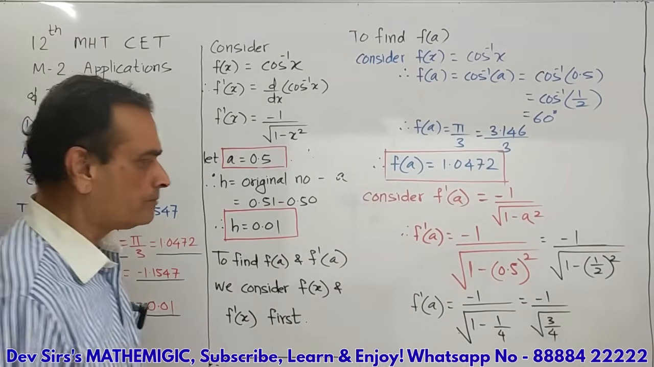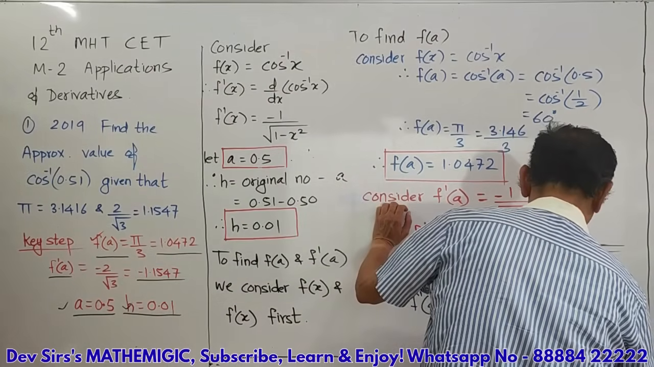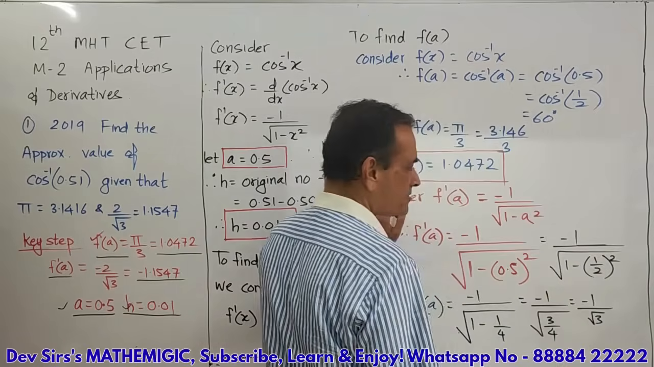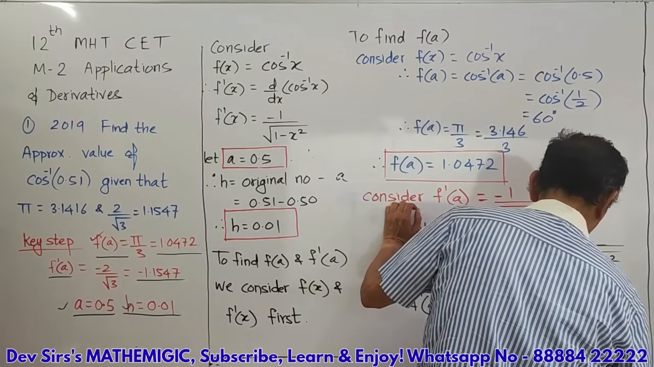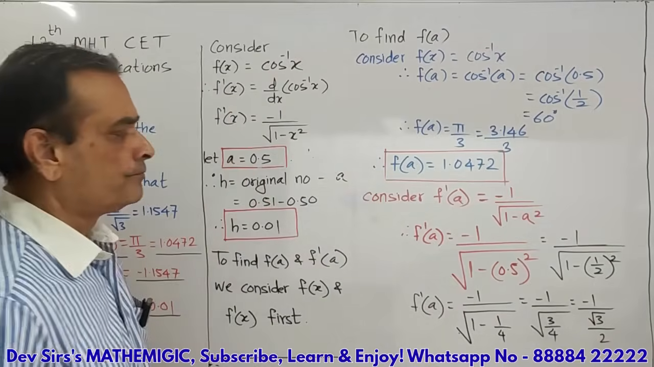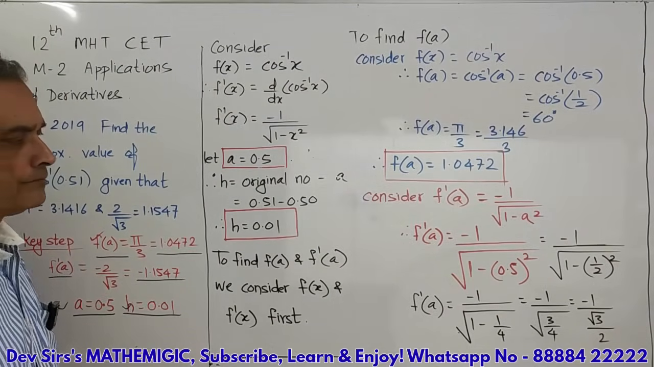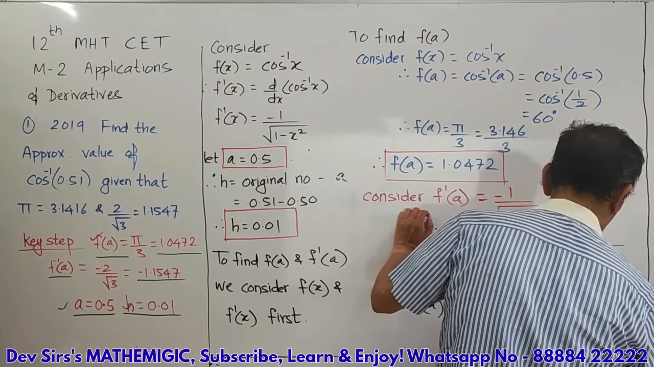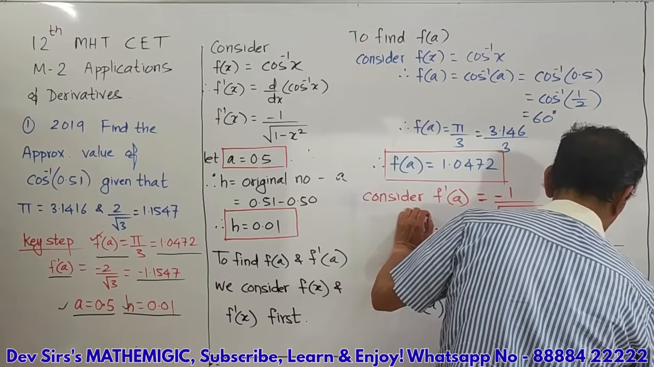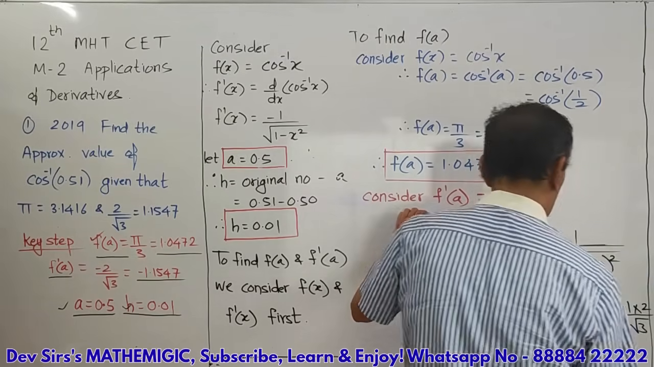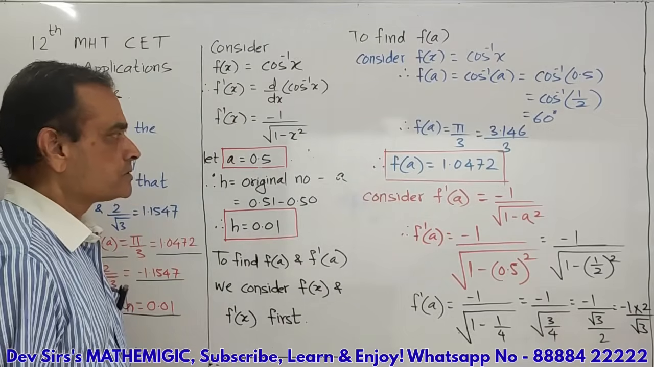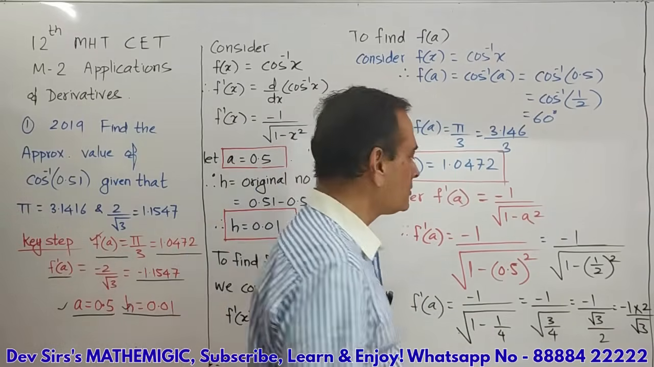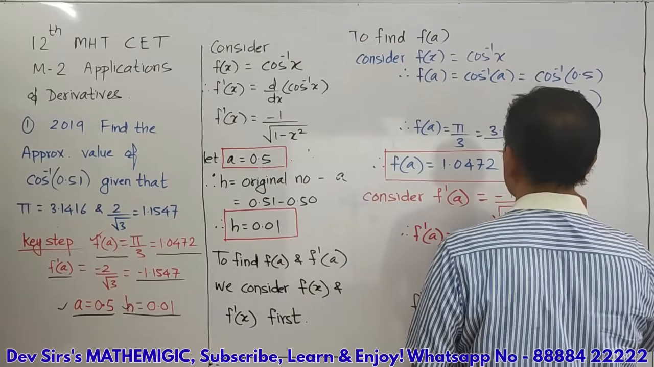Now take the square root. Square root of 3 is root 3. Square root of 4 is 2. Take 2 in the numerator. Minus 1 into reciprocal of denominator. Denominator का reciprocal. So what do you get? F dash A is minus 2 upon root 3. And right here,